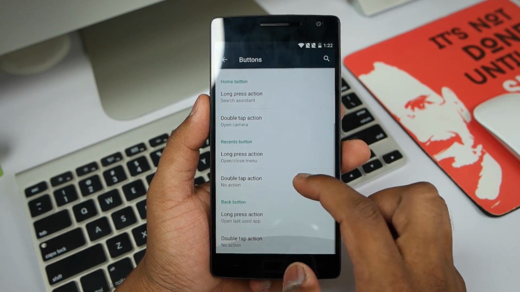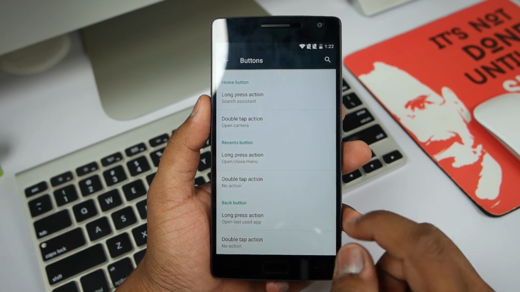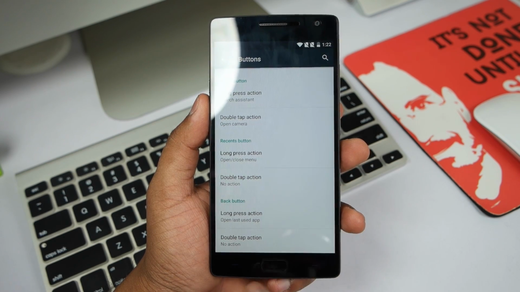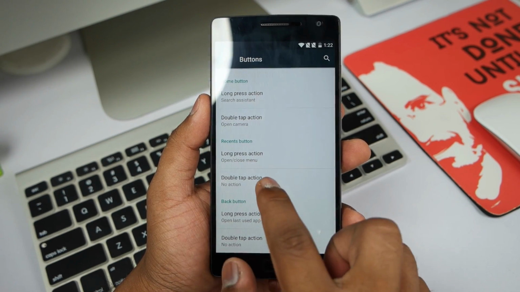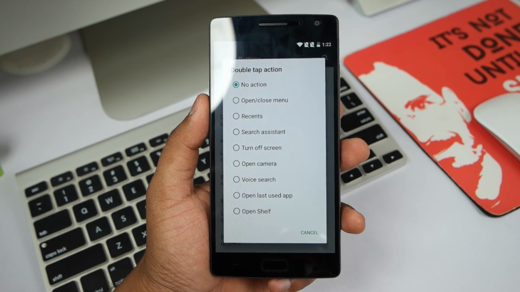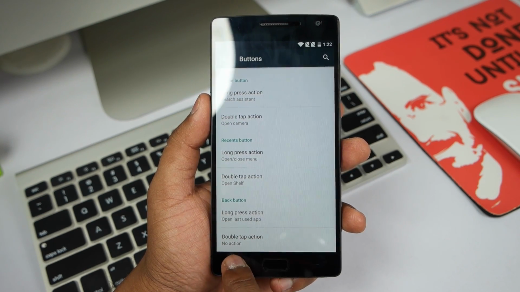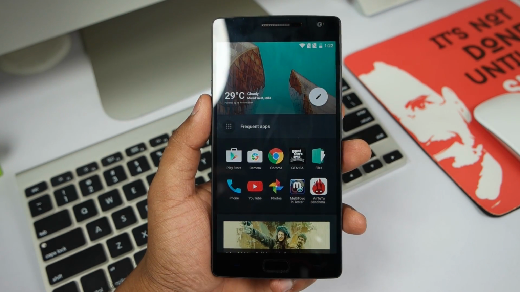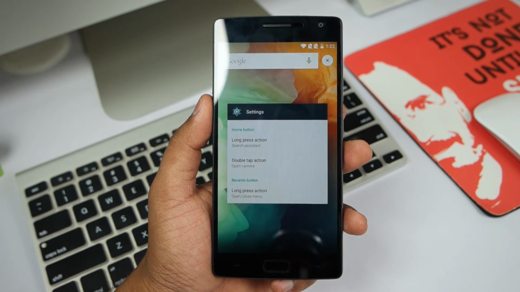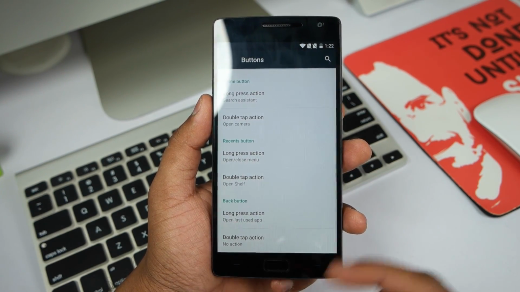Now you can also keep that as a long press action for the home button. Now you have a few things that can be done with the double tap and long press action. If you select that, you'll see the predetermined actions that are available. All you need to do is select that, and when you double tap, you'll see that. So that is really simple and might come in handy in a lot of situations.